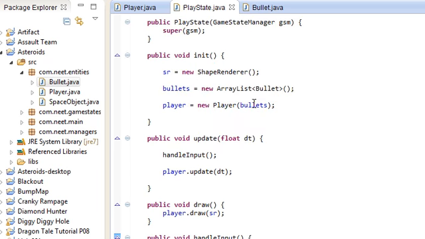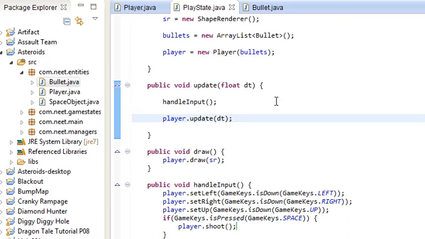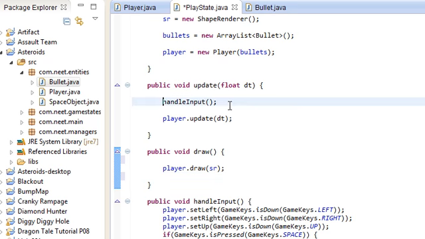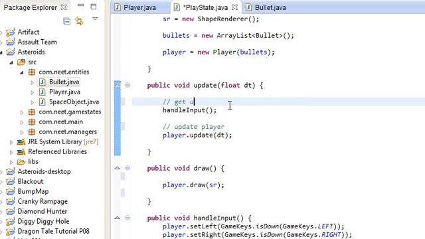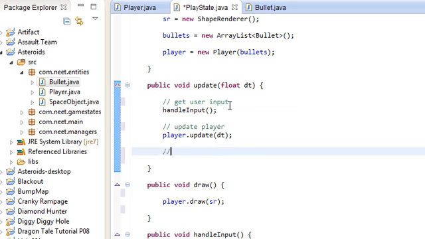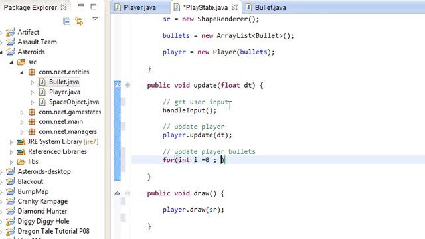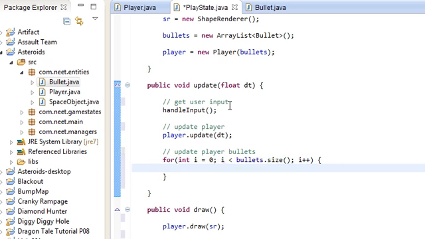Okay, that's pretty much that. Now we have to update and draw everything. So we have handle input, update player. This one is get user input, and here we're gonna update player bullets. We're int i equals 0, i is less than bullets.size, i plus plus, and we're gonna do